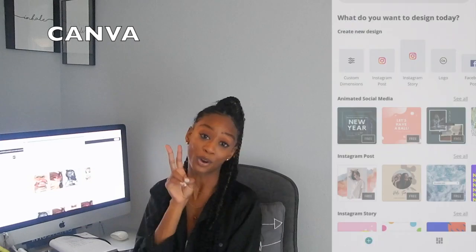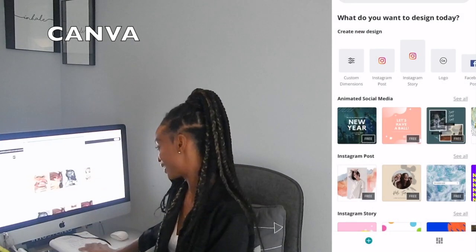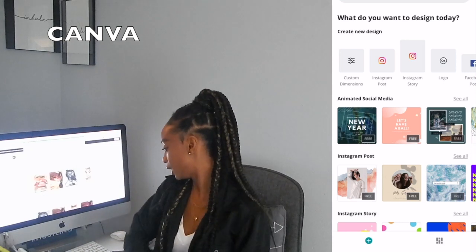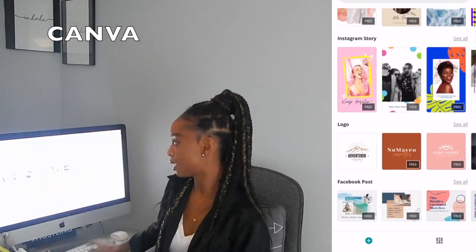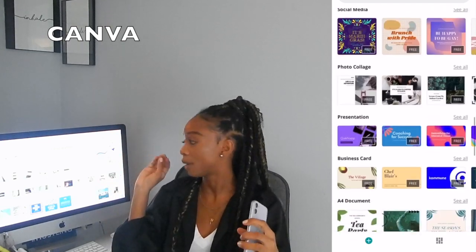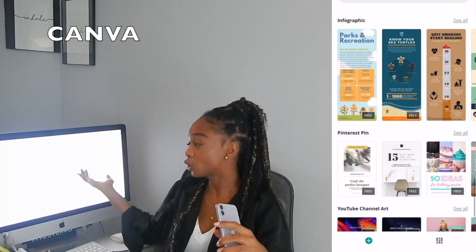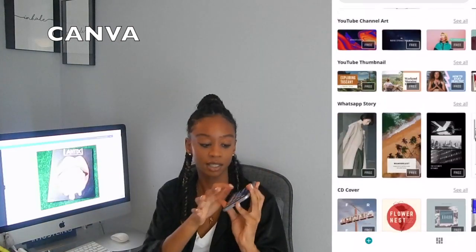The first app that I like using is Canva, and Canva is basically a universal app. I call it a Photoshop for non-graphic designers. It has pre-designed templates that designers have made, and with these templates you can plug and play with your brand elements, and you can also work on the desktop simultaneously